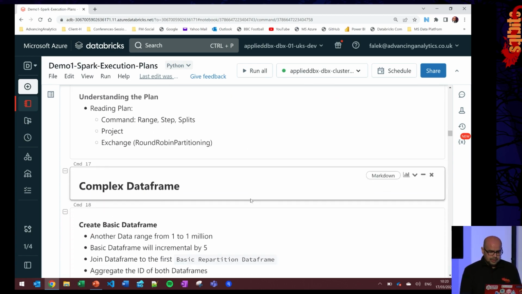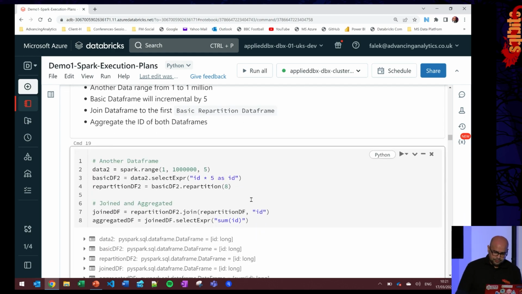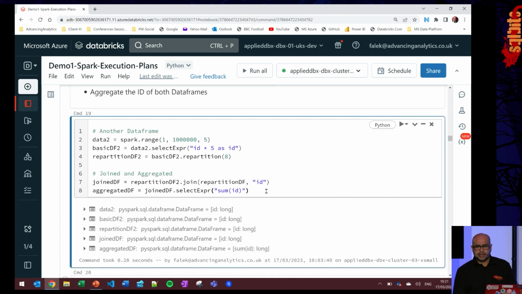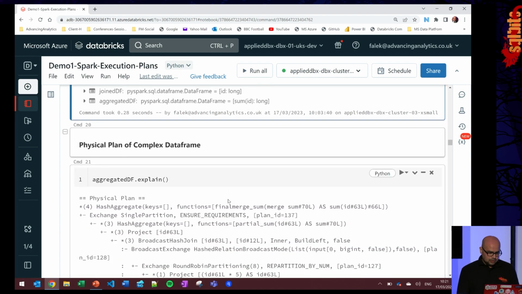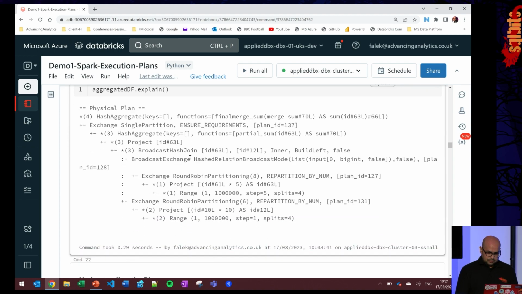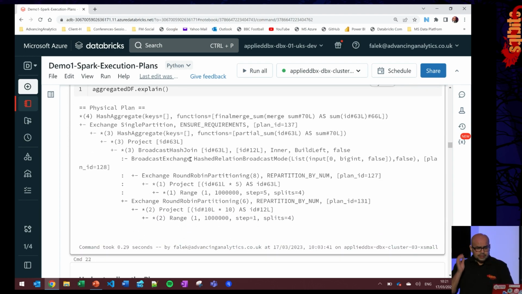So if we make that a bit more complex, we'll create another data frame. And this time round, we'll have 1 million records, but this time we'll increment the ID by 5. We'll repartition it by 8. And then we'll join the two together. So we've got the data frame at the beginning that we had, and then we'll have this second data frame. We'll do a join, and we will also do an aggregation. So we make it a bit more complex, more steps to it. And this time around, when we get the plan out,